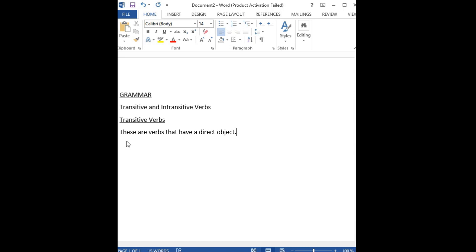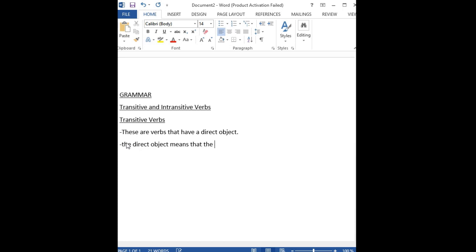That's the key thing under transitive verbs. Now, by direct object, I mean that the direct object